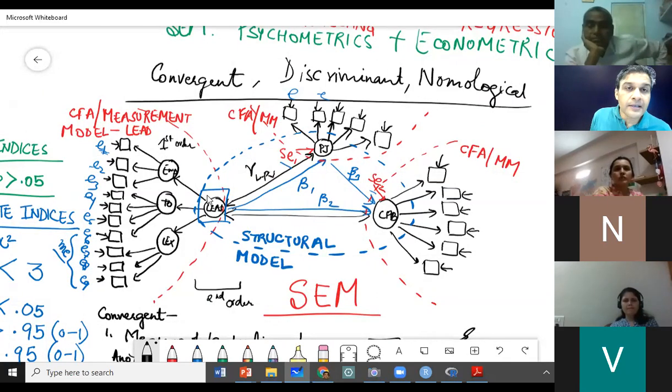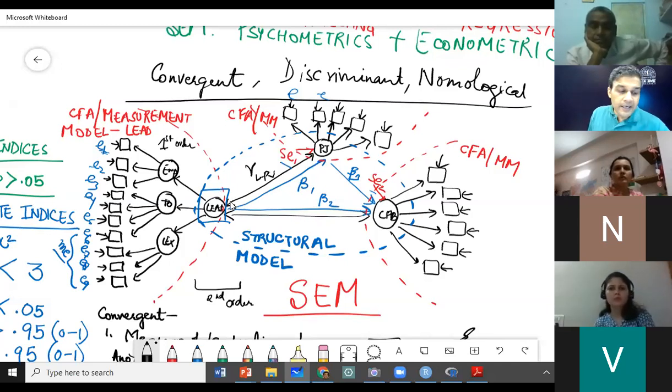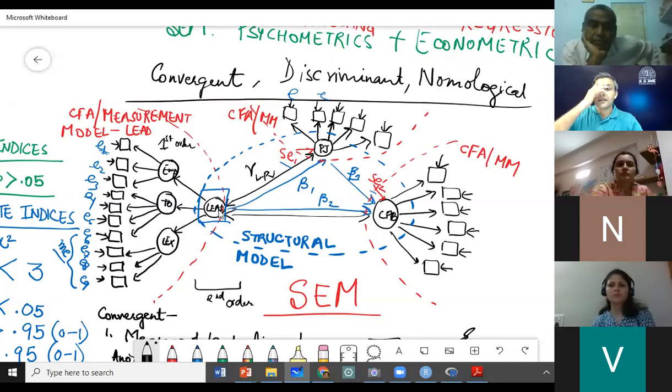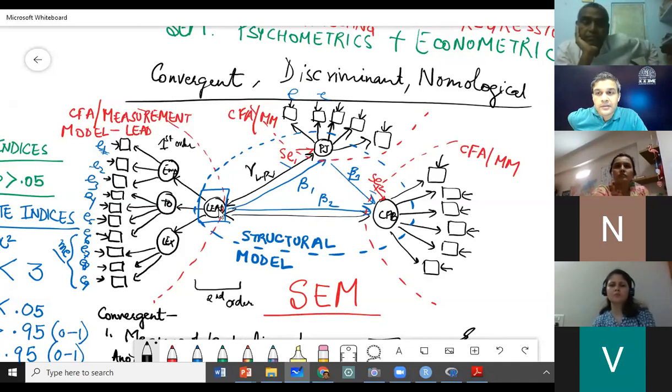Maybe because we are doing each testing separately. Can I take a guess why? Independent and dependent. We are saying the arrows are unidirectional, going towards lead. So these become the independent or the exogenous factors.